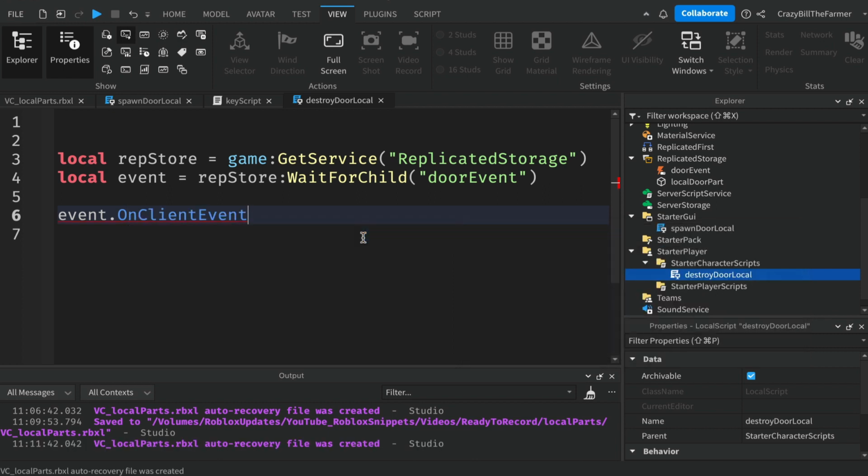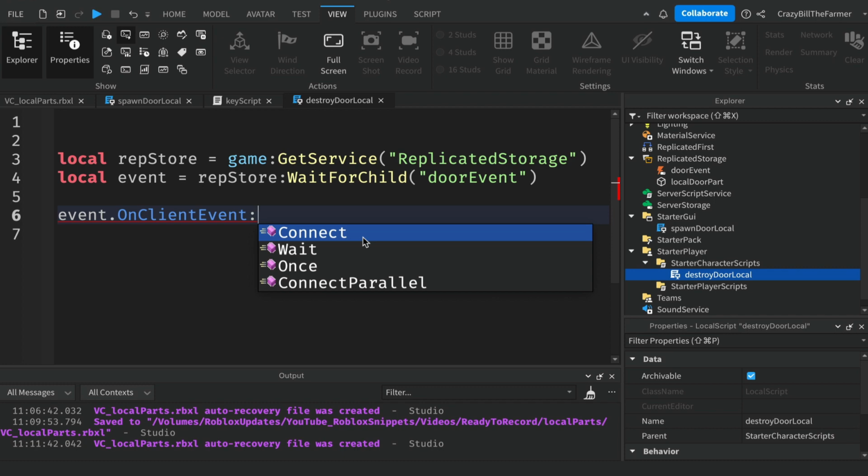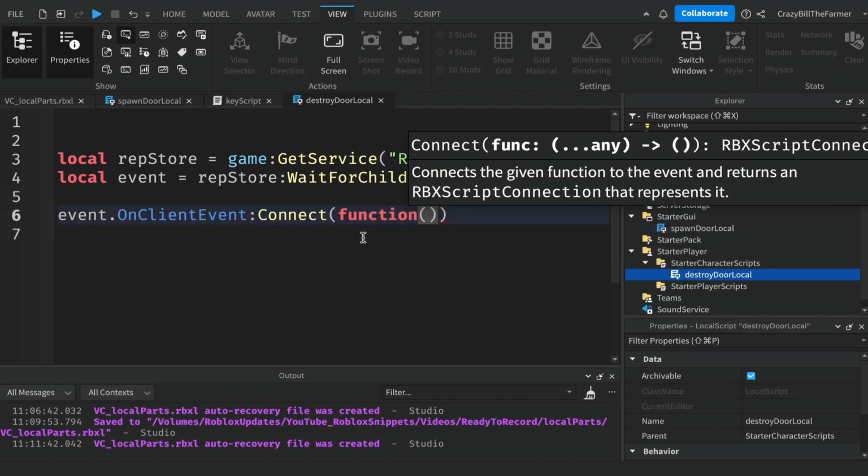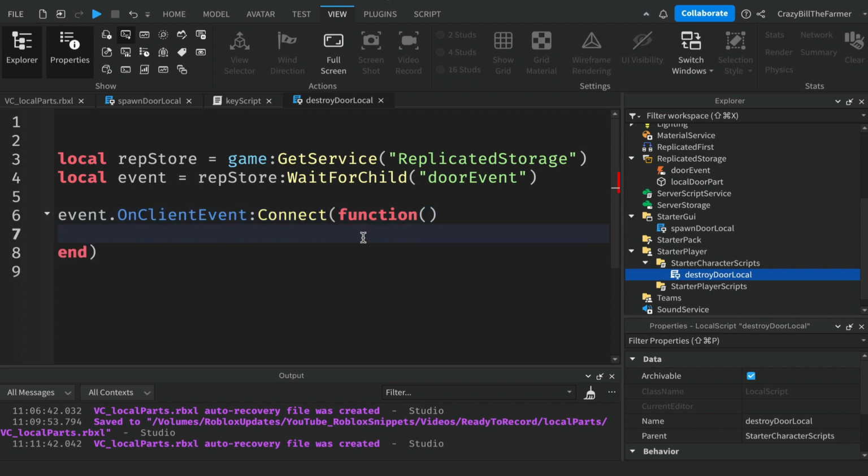All right, so when the server sends a message, it comes to the client, and the client goes, oh, there's something happening, we want to do this. And we connect, once again, a function, add our parentheses, move over one and hit enter, and it should look like this. And we need one line in here to destroy the door. So we say